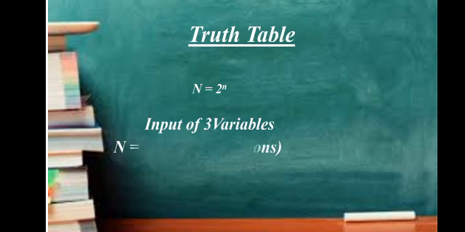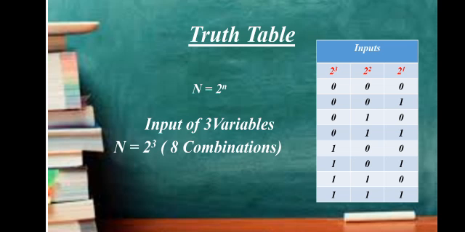Same is the case if you are having three variables and the formula is N = 2^n, then the formula will be N = 2^3. 2 raised to power 3 means 8 combinations. Then first column will be of 2 raised to power 3. It will have 8 combinations of 0 and 1. 8 combinations means 4 zeros and 4 ones. Then in the second column you will have 4 combinations, because after 2 raised to power 3 there will be the column of 2 raised to power 2, which means 4 combinations. 4 combinations mean 2 zeros, 2 ones, 2 zeros, 2 ones. And last will be single, 2 raised to power 1. Single column will be there, single input will be there, 0 1 0 1 0 1 0 1.